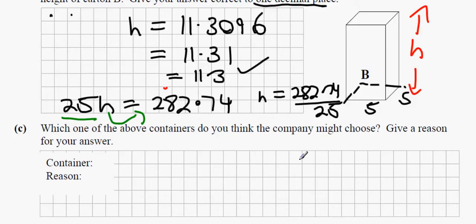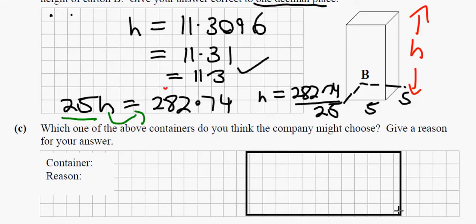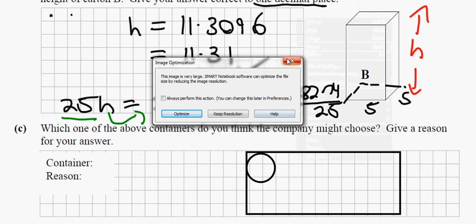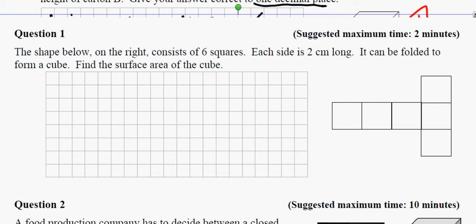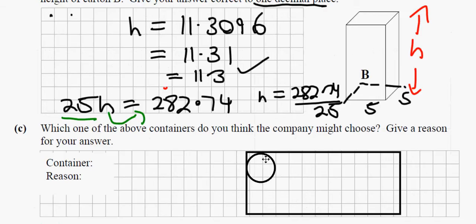You could also say that if you were to stack cylinders into a box, what you notice is there's a lot of free gaps. Anytime you put a cylinder in, you're going to get free gaps. So what's going to happen here is you're just going to have lots of these